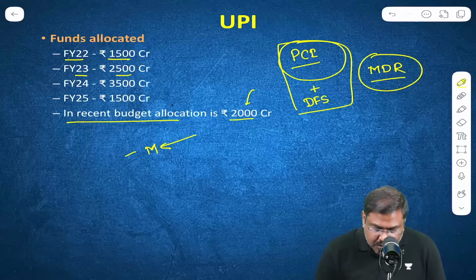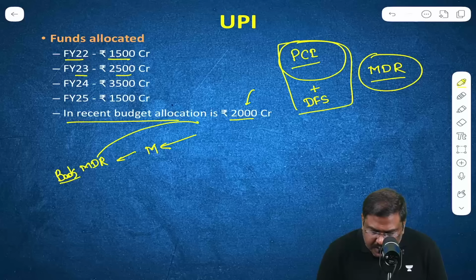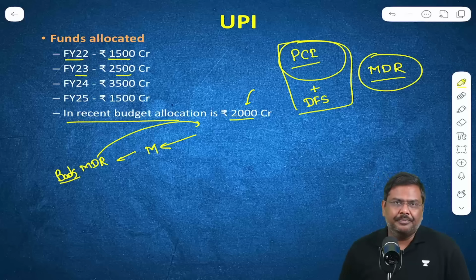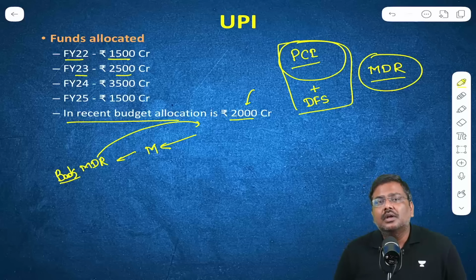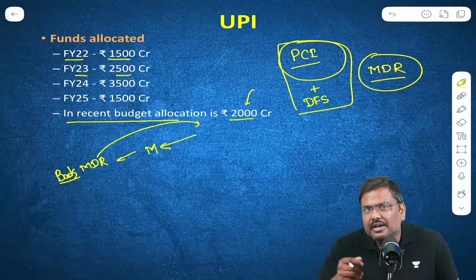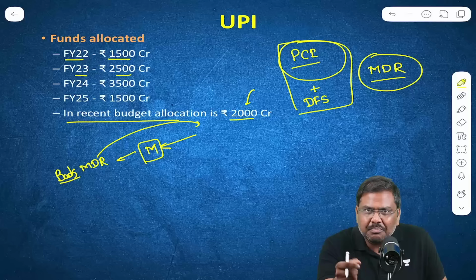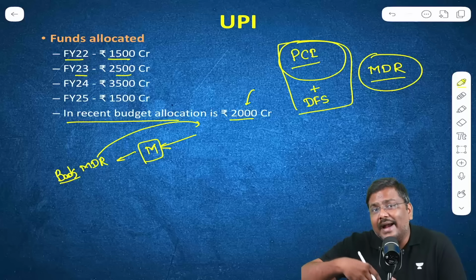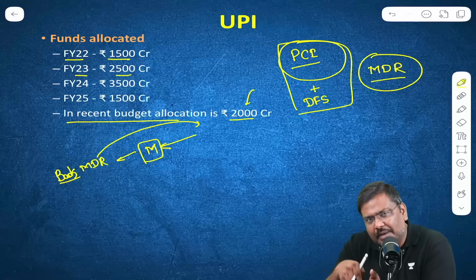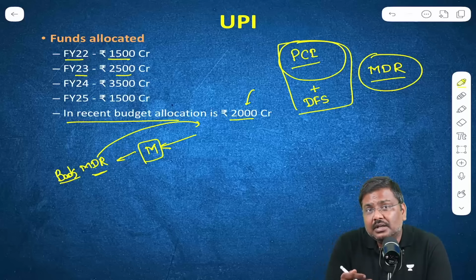And because the merchant is not paying any kind of MDR to the bank, this particular charge is not transferred to the consumer. The merchant doesn't transfer this burden of the cost of MDR to the consumer. Now, let's say going forward, MDR is reintroduced and this merchant will have to pay MDR to the bank. Now, if I use UPI to make payment, the merchant will either increase the cost of the product or add additional cost to compensate themselves because they are paying MDR to the bank. So this might hurt the adoption and usage of UPI.